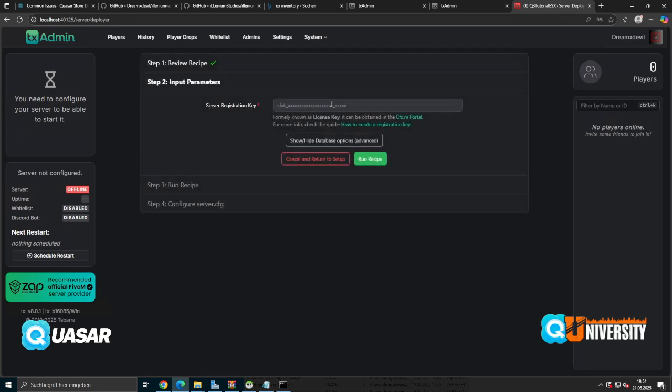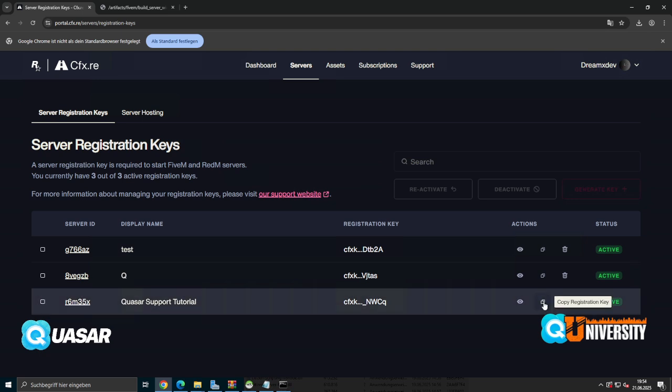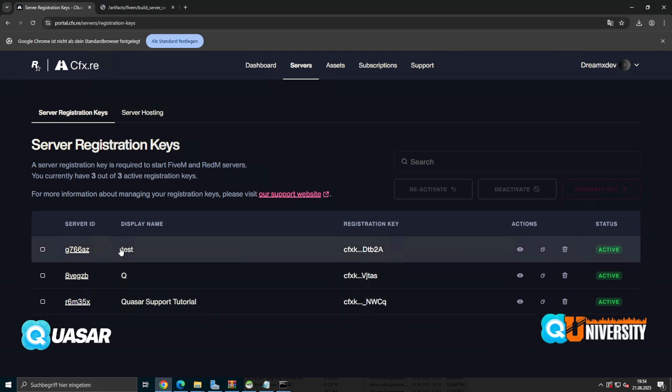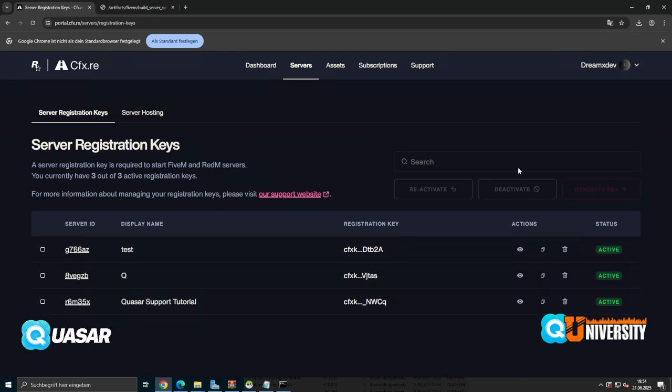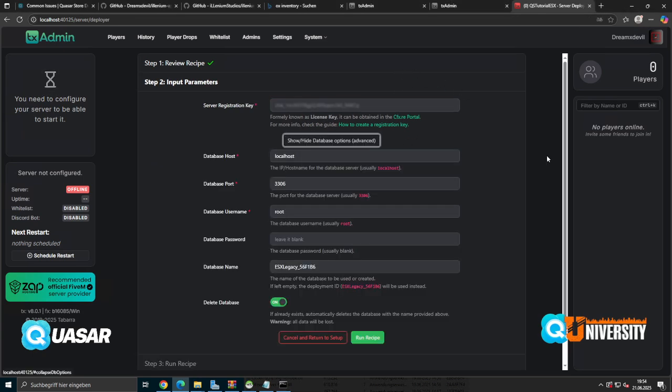Click on next. Here you have to put in your license key that you get here in the server portal from Cfx. We copy this key. Here you can copy. When you don't have one, you can generate a key, but I have 3 keys, so I can't use another or create another one. So then it's dependent